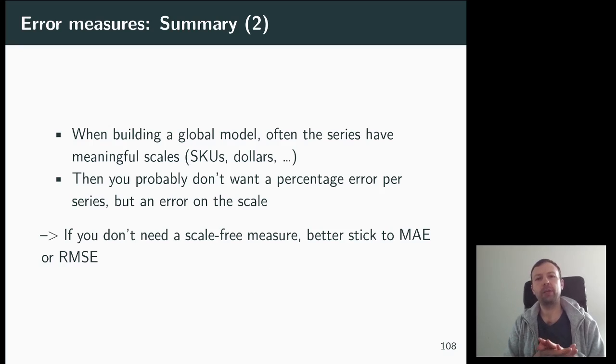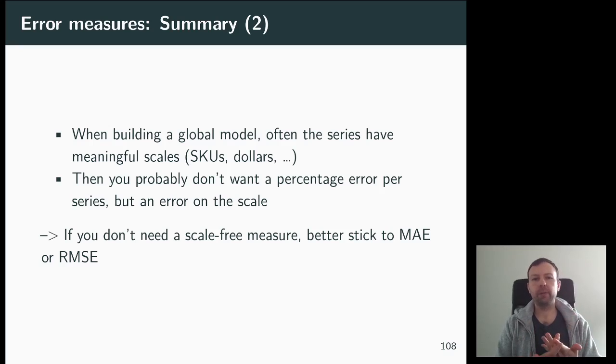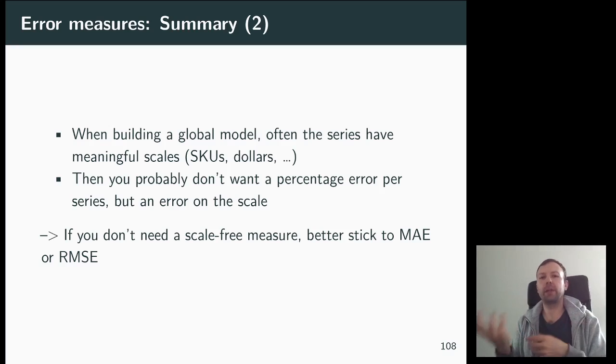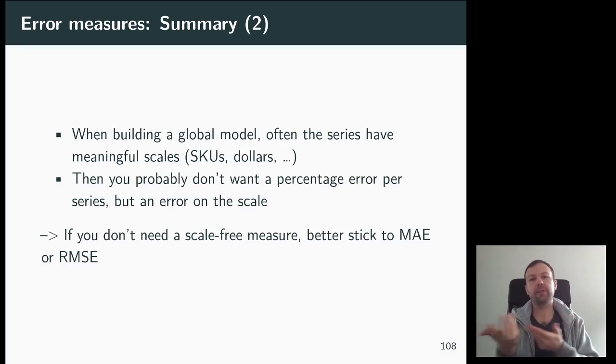And so basically, when you build a global model, very often you actually don't want to have a scale-free measure, right? If you build a global model on all your sales, getting the error right on a series which always has sales around 5,000, getting 1% of error on this series means hundreds of units. Whereas if you have another product that you only sell 5 times every day, having a 1% error there is actually very small. So all this work that has been done on scaling the errors,